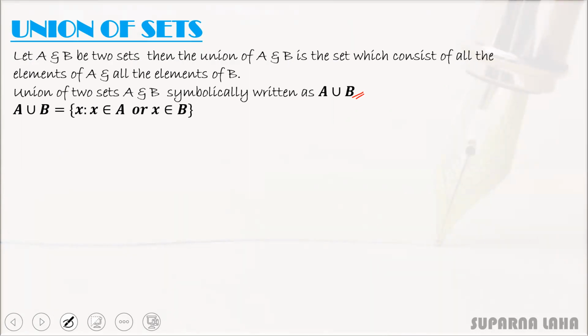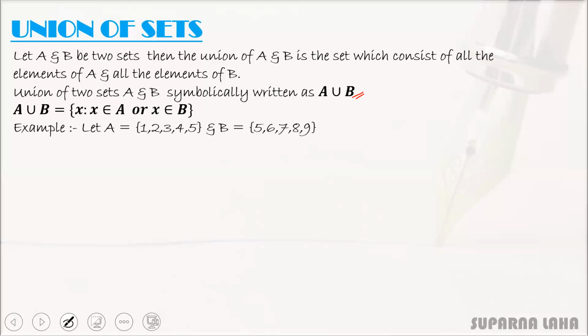That is, those elements present in the union set which belong to A or B. Every element from A, or from B. Just combine both sets' elements and they are the elements of the union. Let us take one example and understand what we mean by union. Here A is 1, 2, 3, 4, 5 and B is 5, 6, 7, 8, 9. Now look, 5 is the common element between A and B.